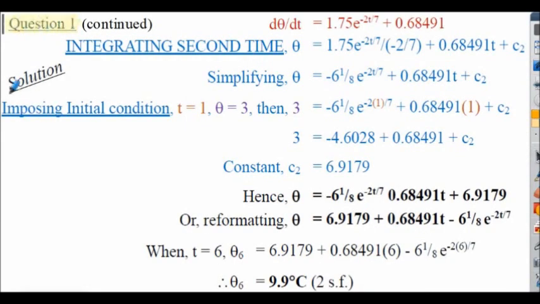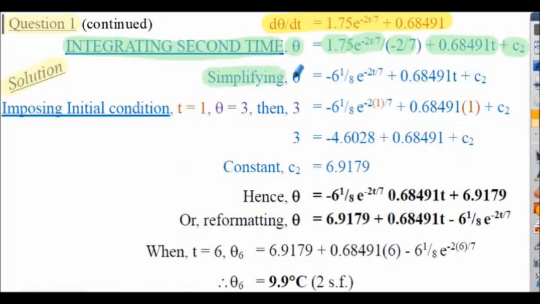And question 1, solution continued. Just repeated this line from the previous slide for convenience. So integrating the second time, theta is equal to 1.75 e to the negative 2t divided by 7, again all divided by negative 2 divided by 7, plus 0.68491t, plus the new constant c2. Simplifying on the next line, theta is equal to negative 6 1/8. That's found by 1.75 multiplied by 7 divided by negative 2. That's multiplied by e to the negative 2t divided by 7, plus the rest of the expression on the right